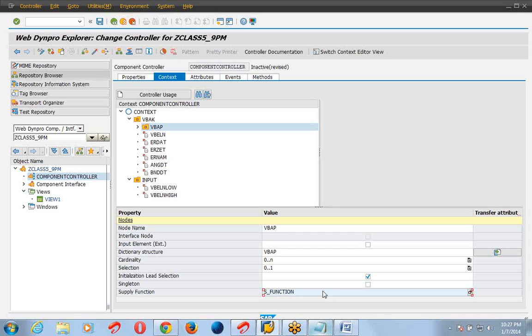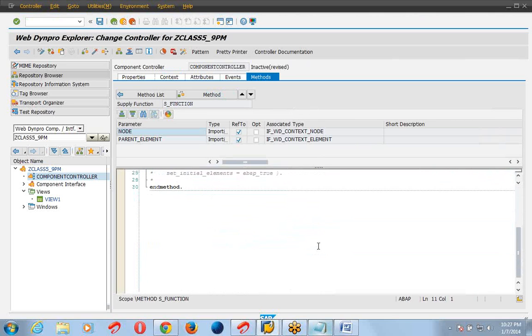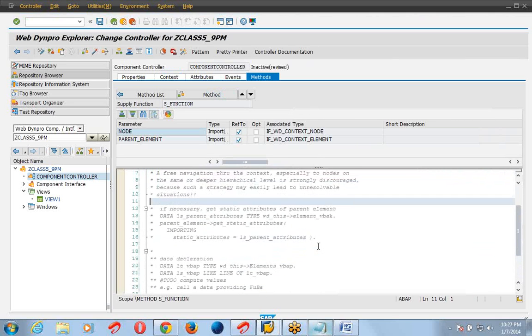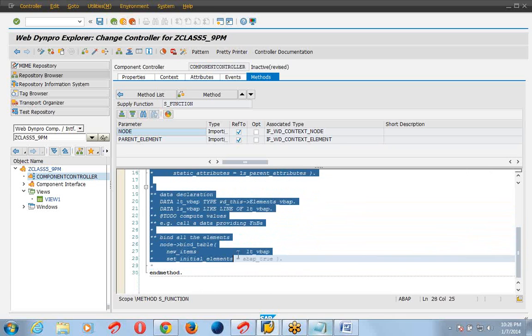After creating the supply function, the code will be generated automatically. Then uncomment the lines from 13 to the last.